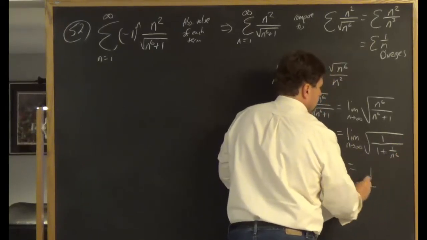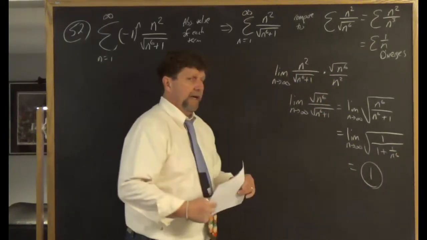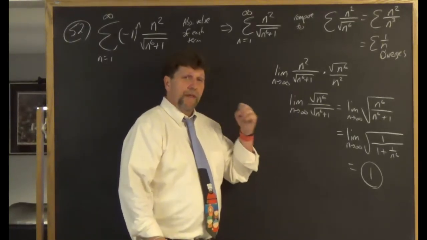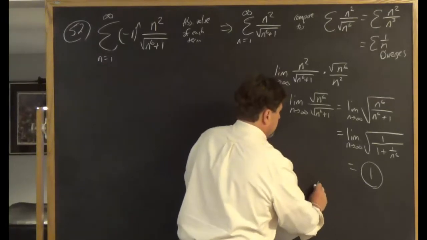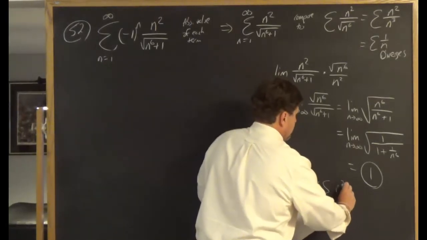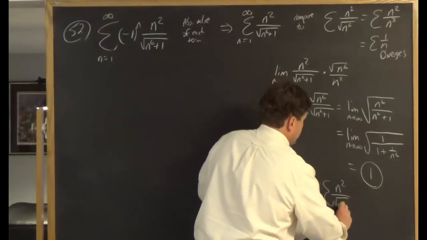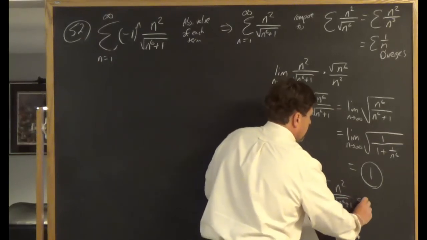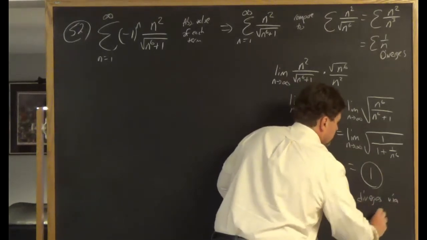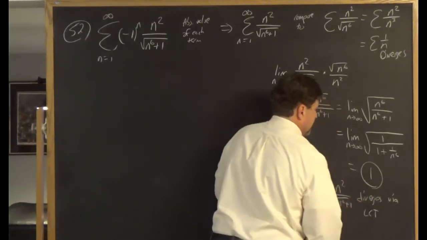And then I do this limit and I get the limit to be 1, which is finite, and it is positive. So that tells me that the series n squared over the square root of n to the 6 plus 1 diverges, thanks to the limit comparison test,